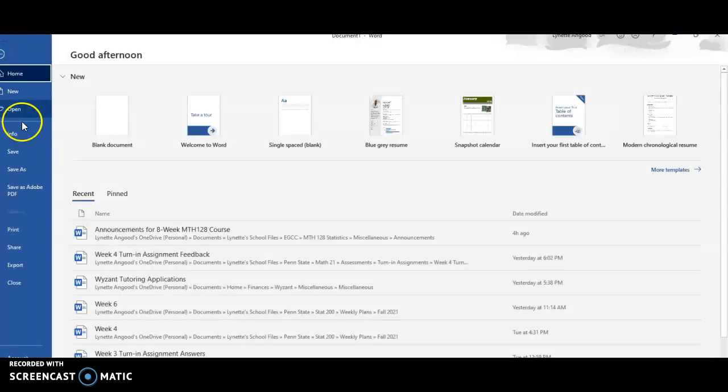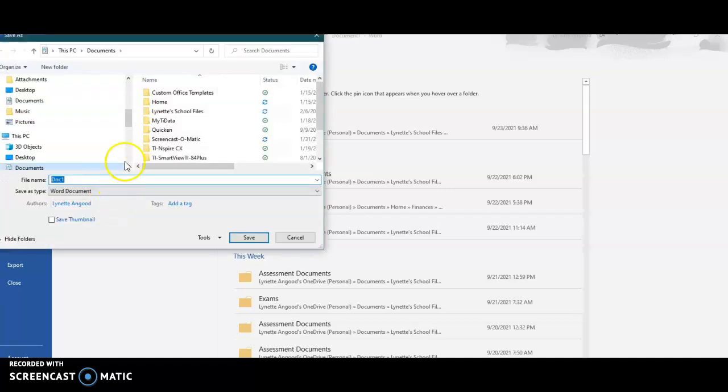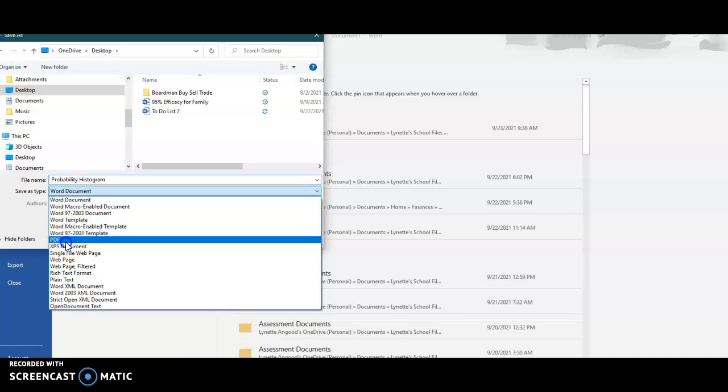So I could just go to File, Save As. I'm just going to put it on my desktop here a moment. Probability histogram, and then save it as a PDF. So change this Word document to a PDF